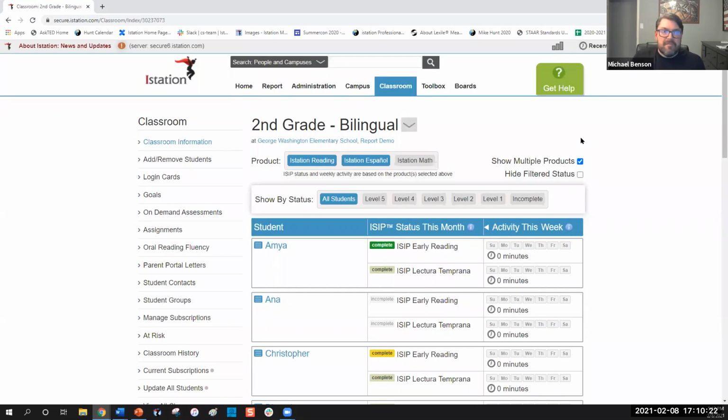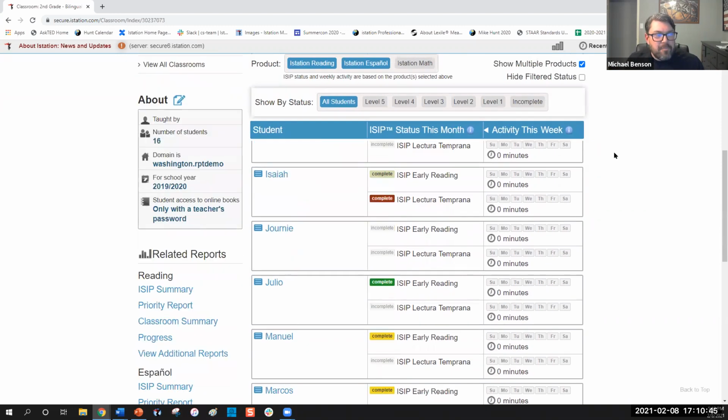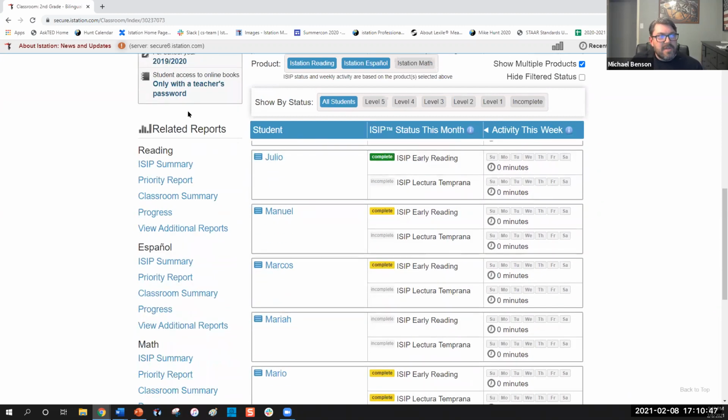So one of the double-edged sword sides of Clever is that I think sometimes you end up with 4 or 5 classrooms, right? I'm sure some of you probably have 4 or 5 classrooms, okay? Because of that, it's actually easier for you to follow the same way that I have to use to get to this report. So when you're in your classroom, you'll want to scroll down, and under your related reports area, whether it's English or Spanish, and it doesn't really matter which of those you choose,